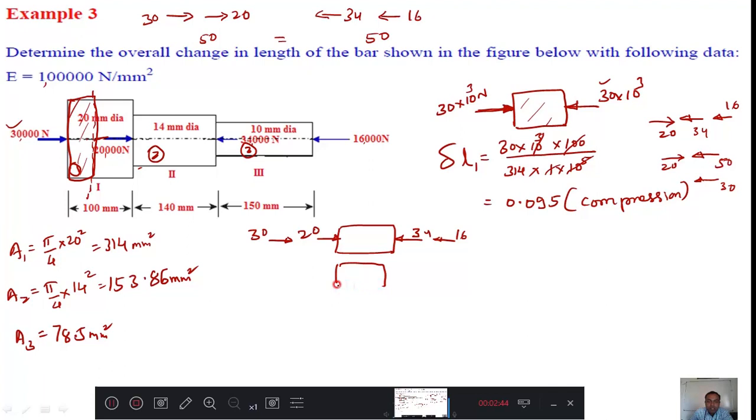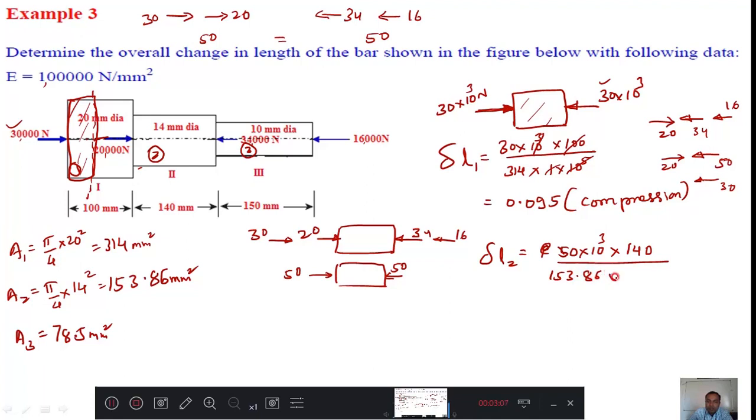Therefore the body is pushed on this side by 50,000 and on this side by 50,000. Therefore PL by AE, delta 2, equal to P is 50 into 10 raised to 3, L is 140 divided by A is